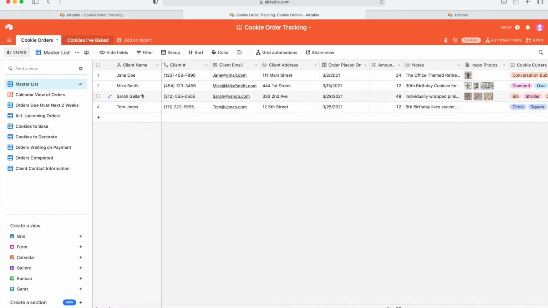I'm not going to delete these for right now, but you can delete them just by checking them off and pushing delete all selected records. And they'll all be gone for good. But I'm going to add somebody. So I push add, and we're going to add